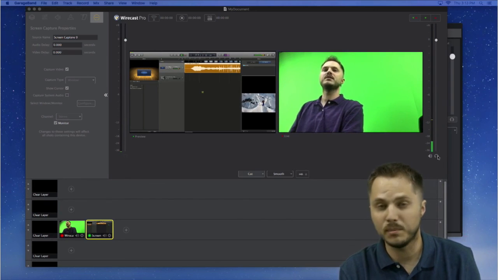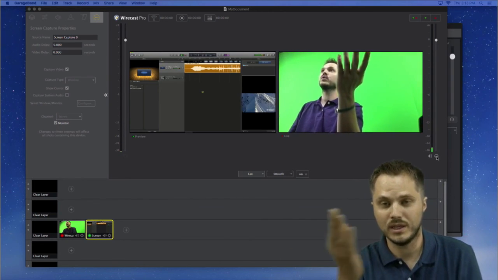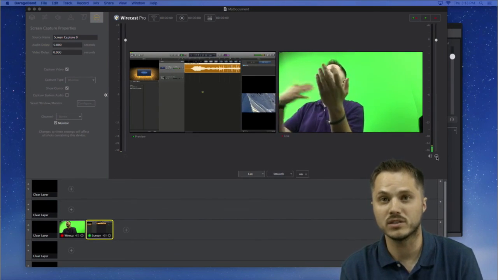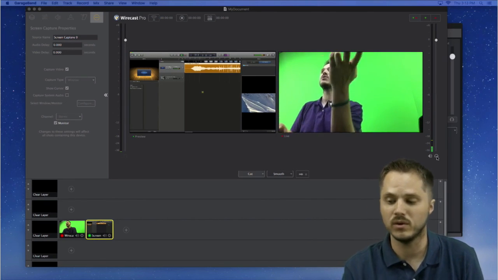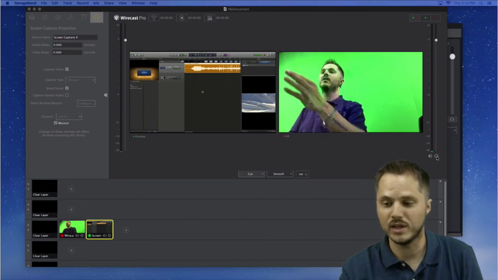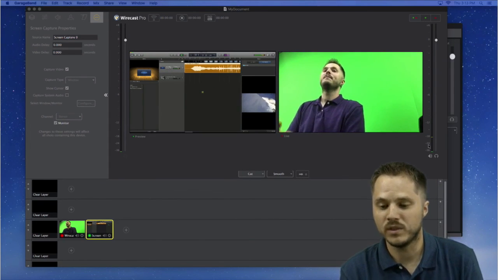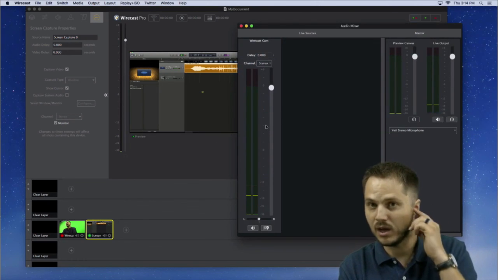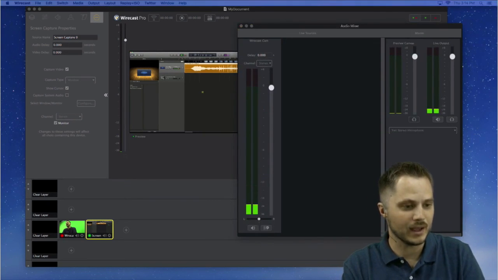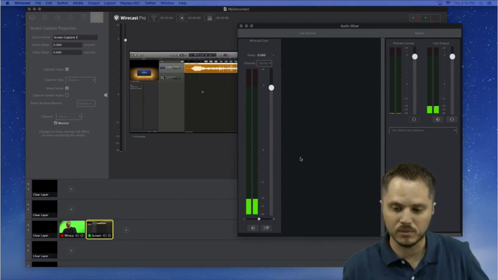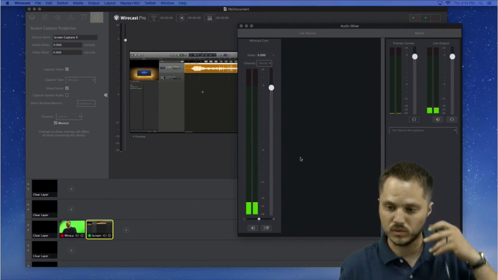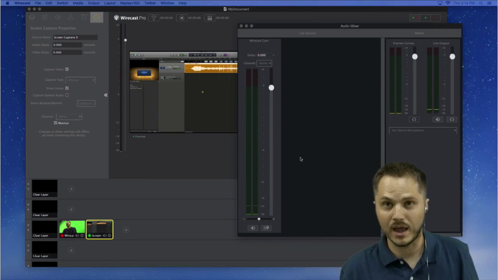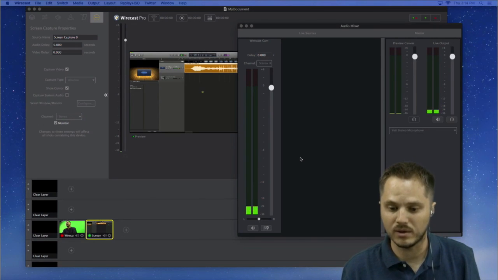The problem is that when you had the monitors on, Wirecast would be playing out through the system, and so would this be playing out through the system, and Wirecast's Desktop Presenter would capture its own audio, and you'd get this loop where you couldn't actually play back system audio. Now with this cool audio routing feature, that's no longer a problem. I can hear the audio just fine. I can play it back. I can even capture it, and I've got no problems with hearing it on the monitors because I can still hear that audio coming out through here through Wirecast, and I can monitor the audio going out.